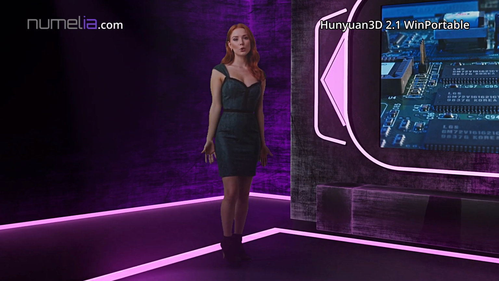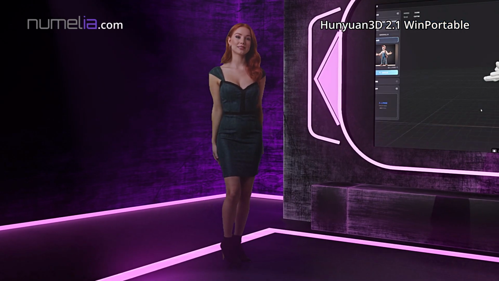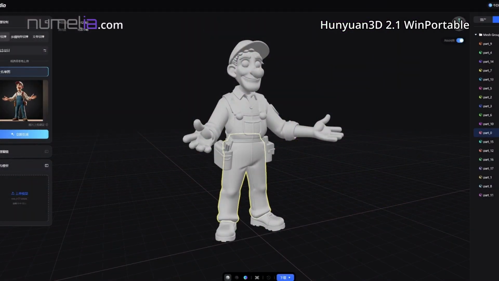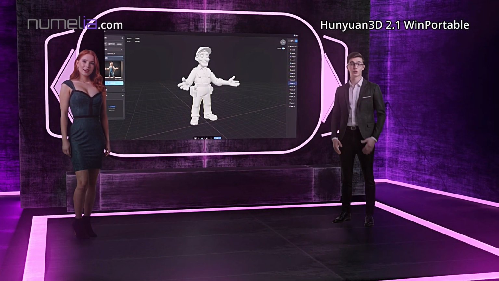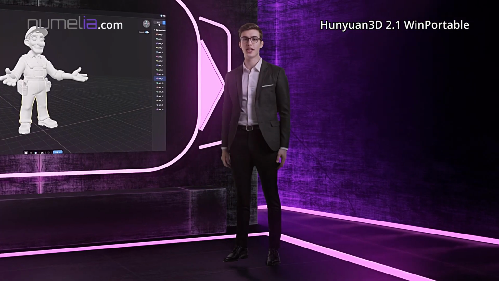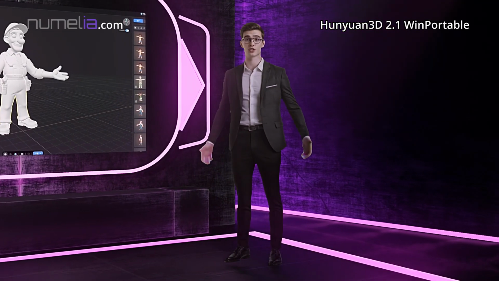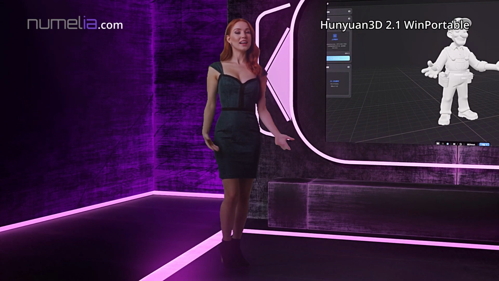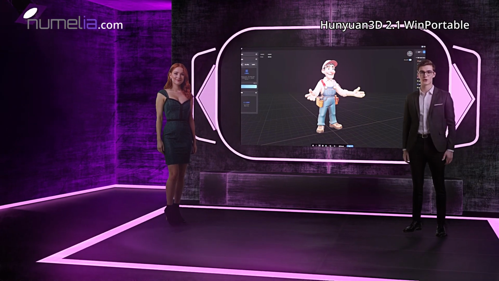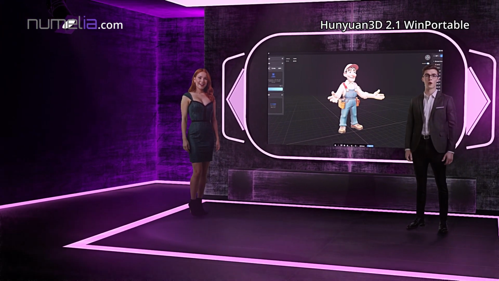So when you run this locally, what do you actually get? What are the outputs? You get two main things. First is the 3D geometry, the mesh or shape. Some people call it the white model. And the requirements for that are pretty low. Yeah, that part only needs about 3 gigs of VRAM. The second part is texture generation. And that's where the requirements jump up. Right. For that, you're going to need at least 6 gigs of VRAM, and that's with the 2.0 model running